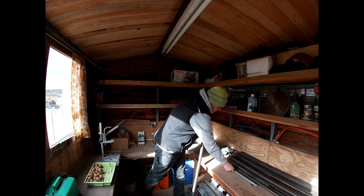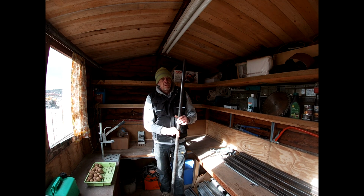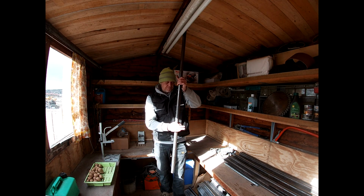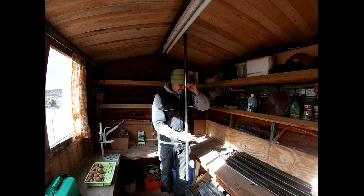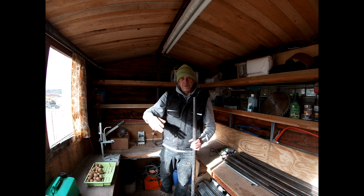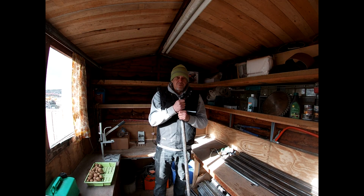So this tube is 1.5 meters long, and I'm going to bury half a meter in the ground and concrete that in. So that's going to give me a really good support all the way around the tunnel. There's 7 hoops, so there's 14 of these,